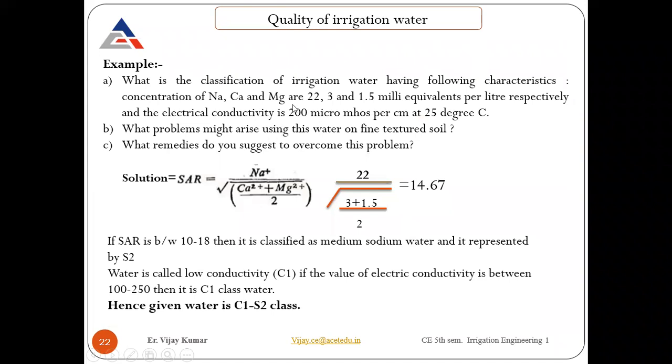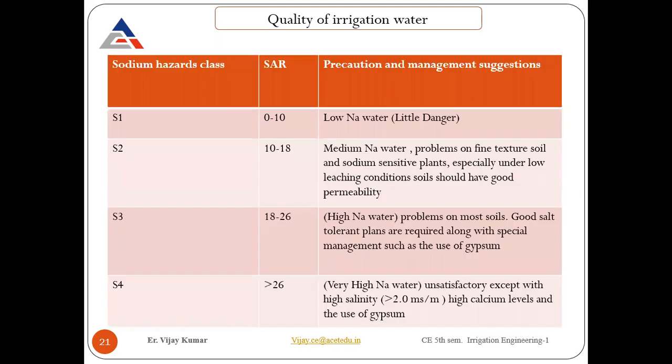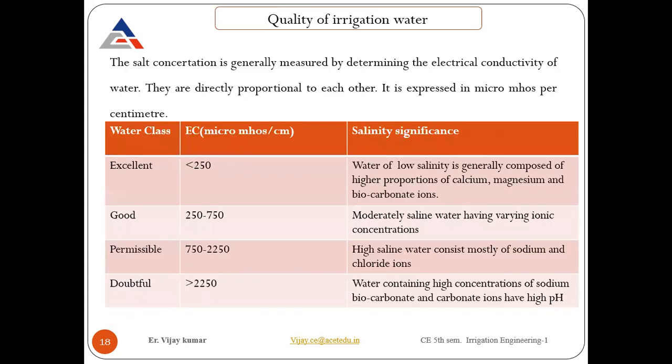If you go with the electrical conductivity, it is also mentioned, that is 200 micro. If you remember in the last slide, we have electrical conductivity classes also. First category is C1: if the value of your electrical conductivity EC comes below 250, we consider that as C1. Let me show you that also, so you can see this. It is coming under this category. So in that case, we can say electrical conductivity is excellent. We don't have any issue with that particularly. So it comes under the C1 category.